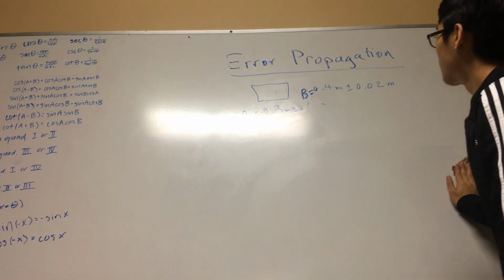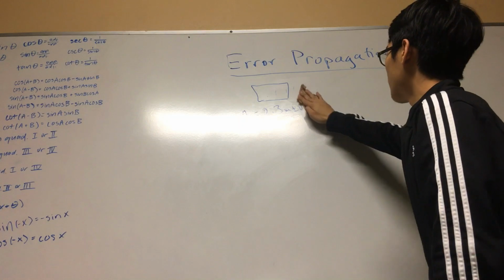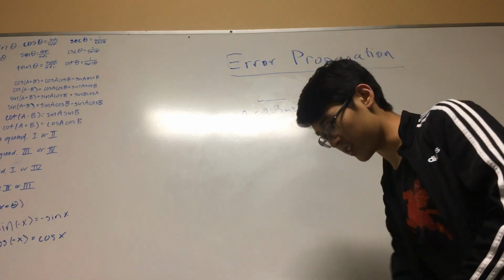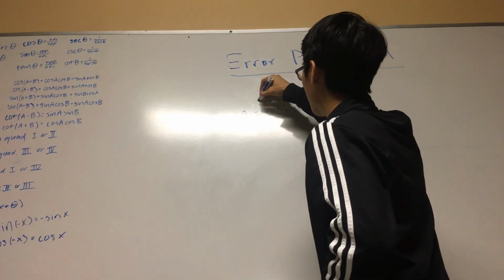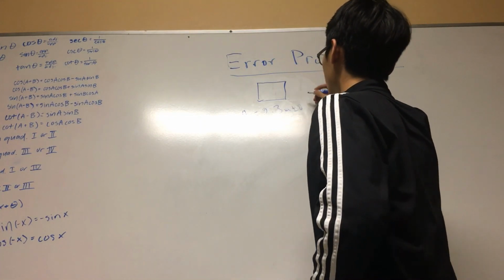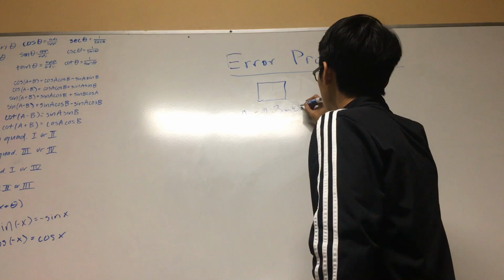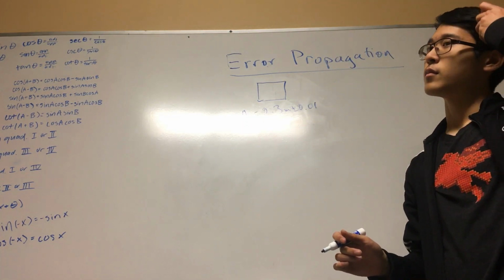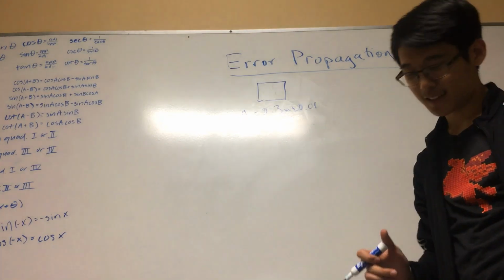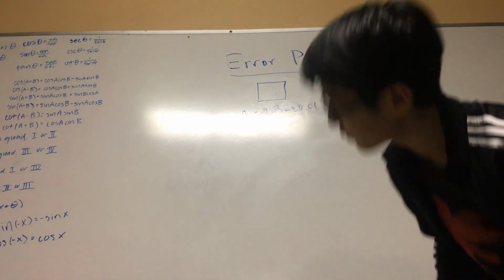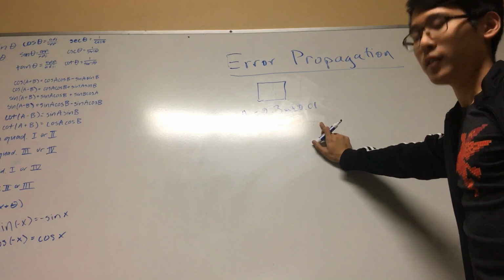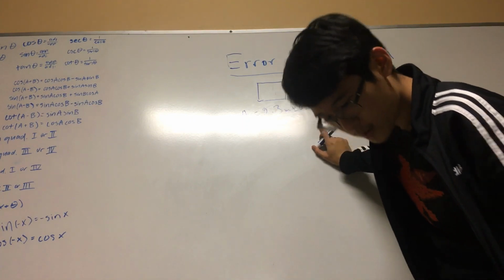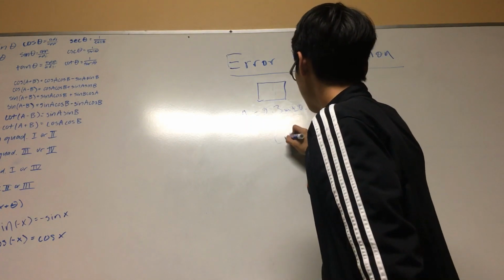So let's say that we can approximate this rectangle to be a square, and then we're trying to find the area of the square. Okay. You guys ready? Yes. Alright, so that means that we're going to have to do this value squared, right? So in order to get the error propagation of something squared, say the value after you square it is equal to